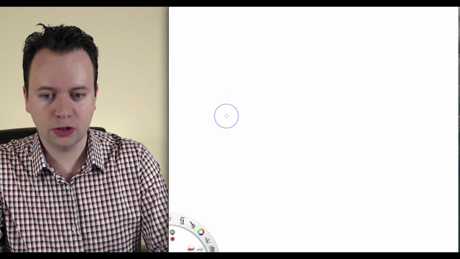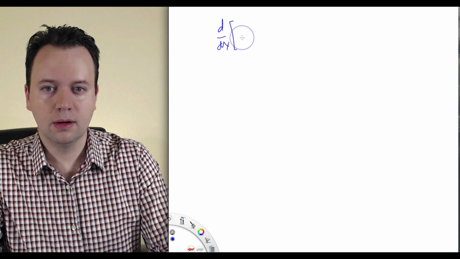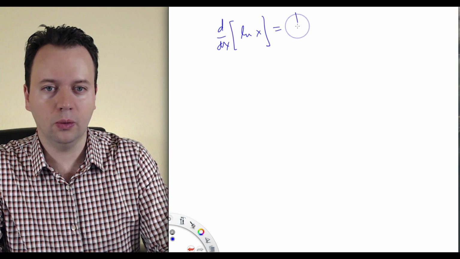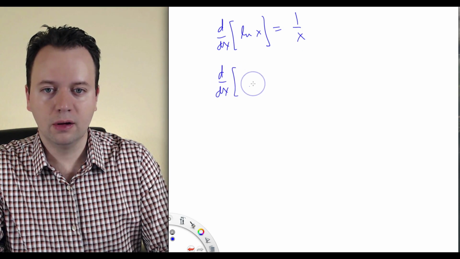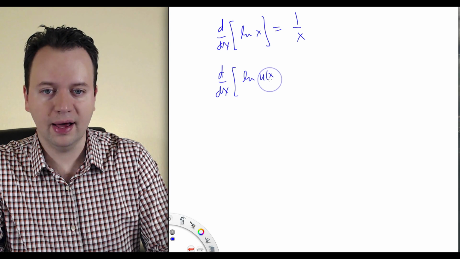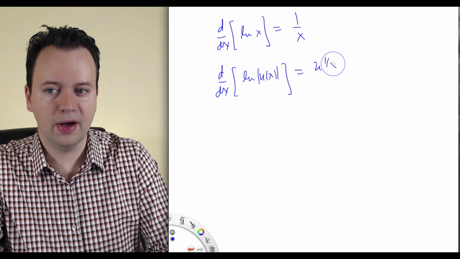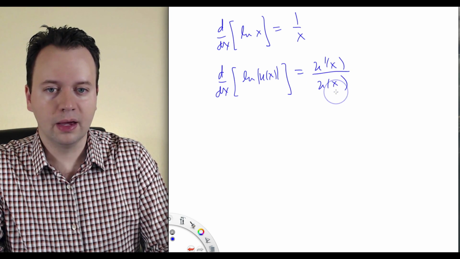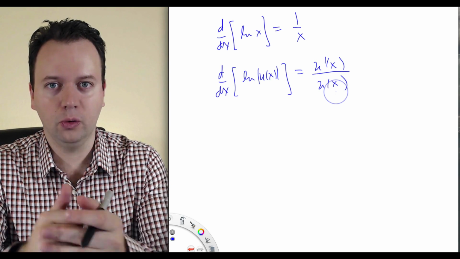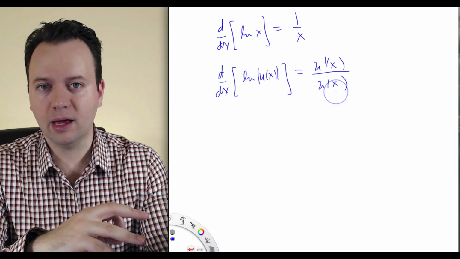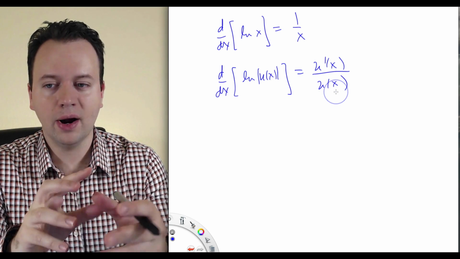So we basically just showed that the derivative of ln of x is equal to 1 over x. So our extension will be the derivative of ln of u of x is equal to u prime of x divided by u of x. So this basically incorporates the chain rule automatically into the rule that we just proved. And again, we'll be talking about the chain rule in a subsequent section, but right now we'll just see how